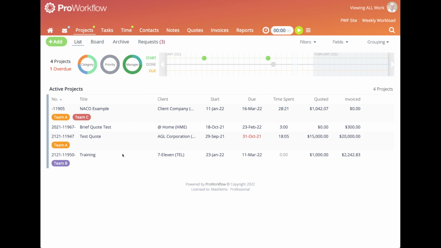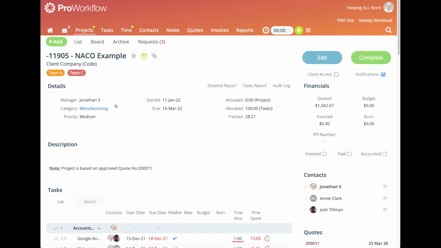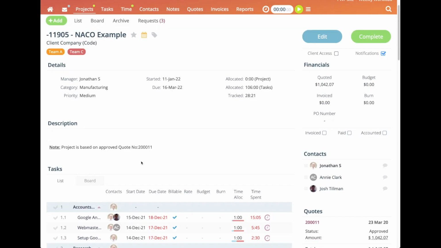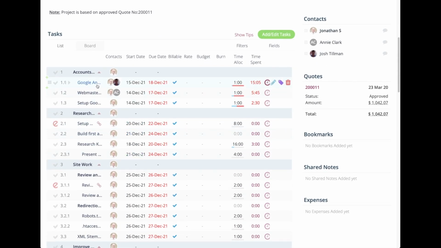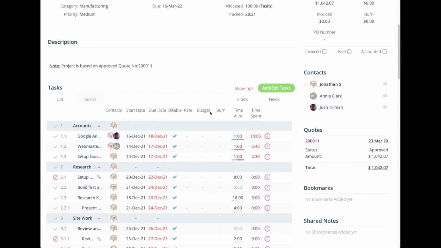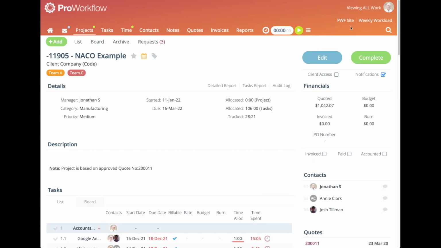Before we open Data Explorer, let's review some of the information we can see in my account. I have some active projects on the go, and each project has a whole lot of other information, like when it should start, when it's due, a description of the work, and so on. Additionally, projects have a list of tasks, and people are assigned to do these tasks. Well, that's pretty straightforward, but that's more than enough to get a basic understanding of Data Explorer, so let's check